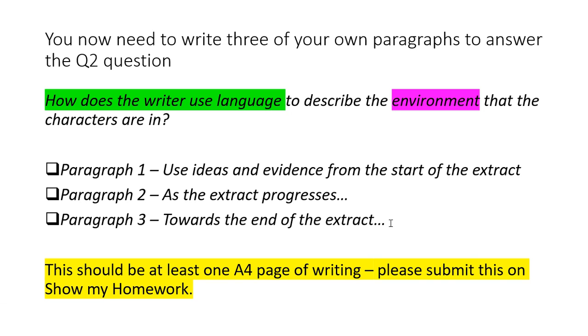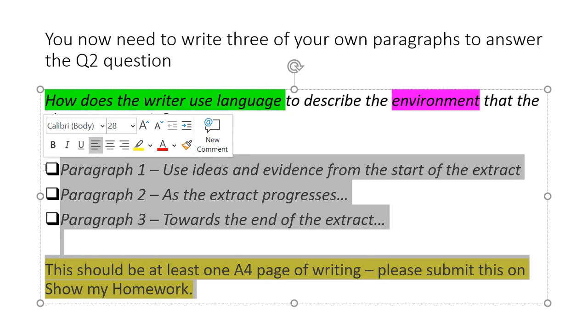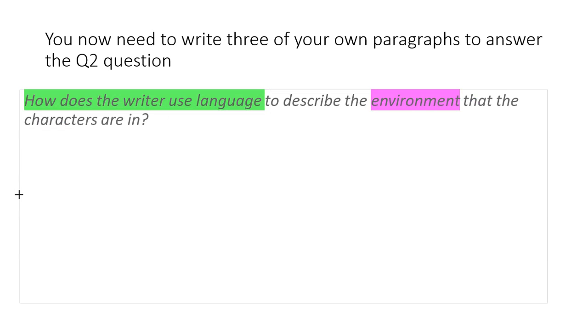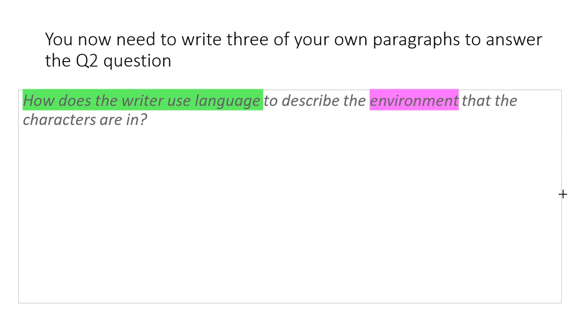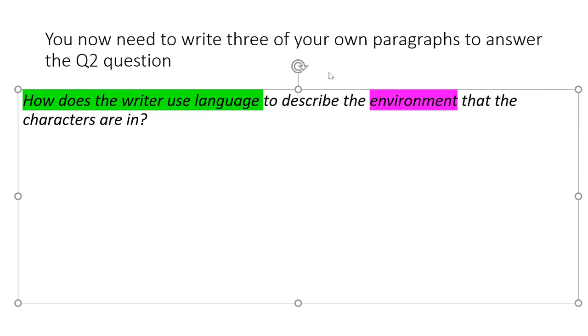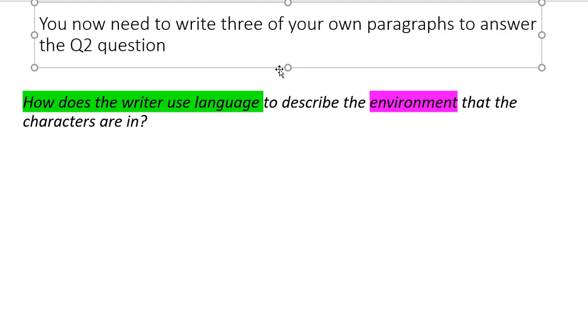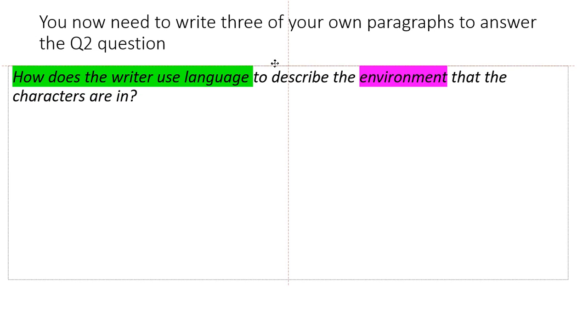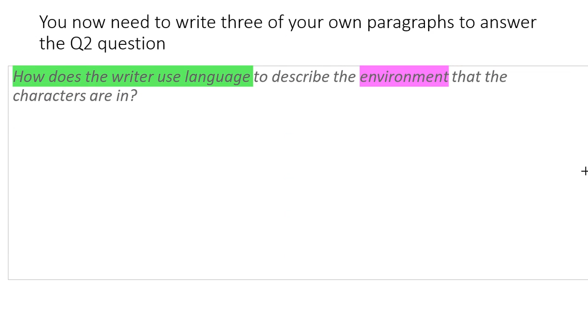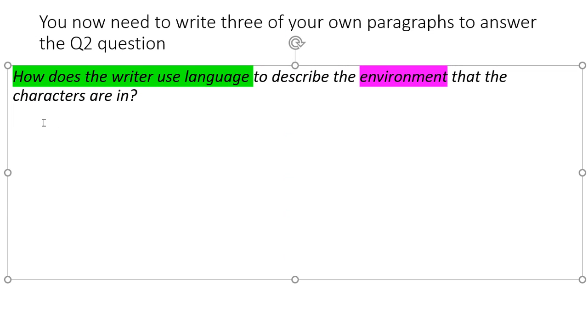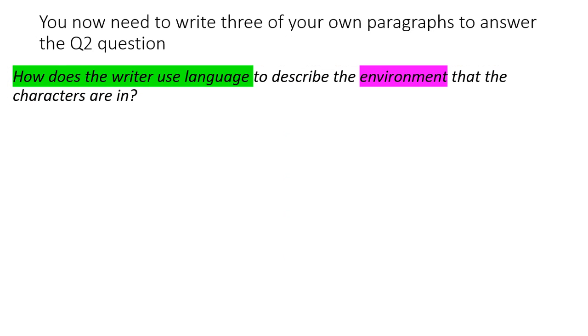I'm going to start my first paragraph using ideas and evidence from the start of the extract, and I want to show you what your paragraphs should look like. We're ultimately going to do 3, but I'm going to show you what my first paragraph of this essay is going to look like. You can then look back at the work you did last week and redraft one of your own paragraphs. So if we go back to the extract at the beginning,